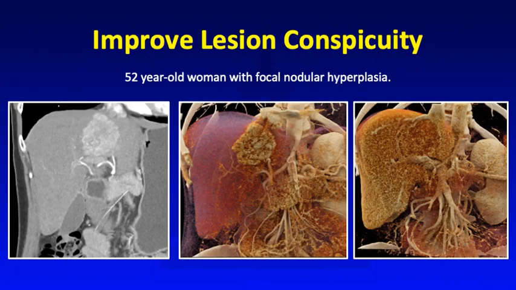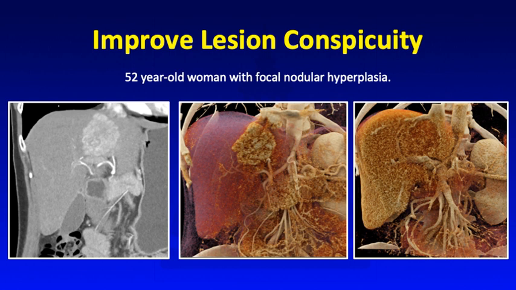Another example of a hypervascular liver mass is this focal nodular hyperplasia. You can see this hypervascular mass within the left hepatic lobe, and when you look at it with cinematic rendering, again, you can see greatly increased contrast compared to the background liver. You can really appreciate this hypervascular enhancing mass. As you would expect for focal nodular hyperplasia, it would be isoenhancing relative to the background liver on